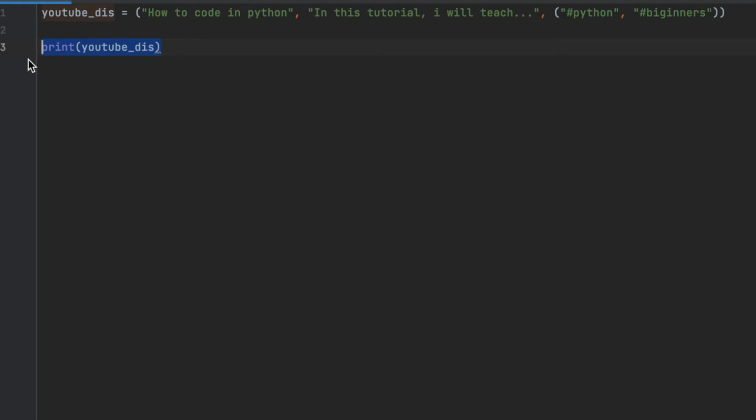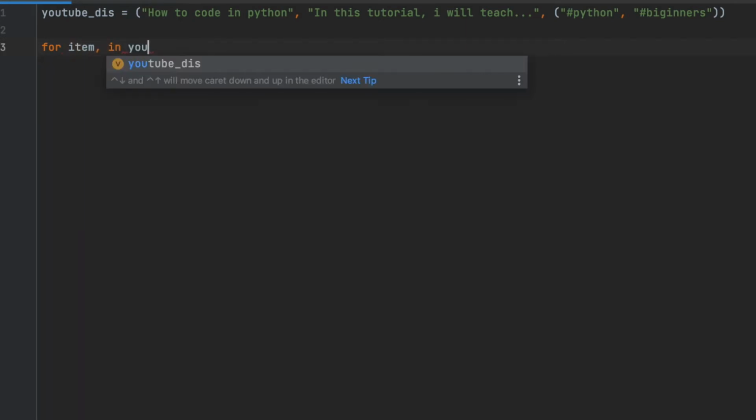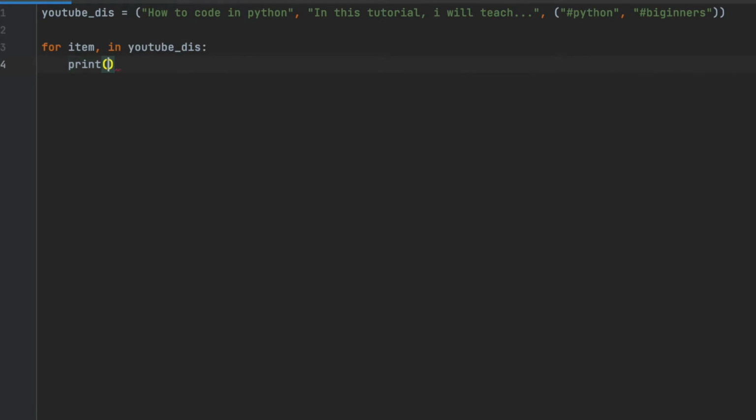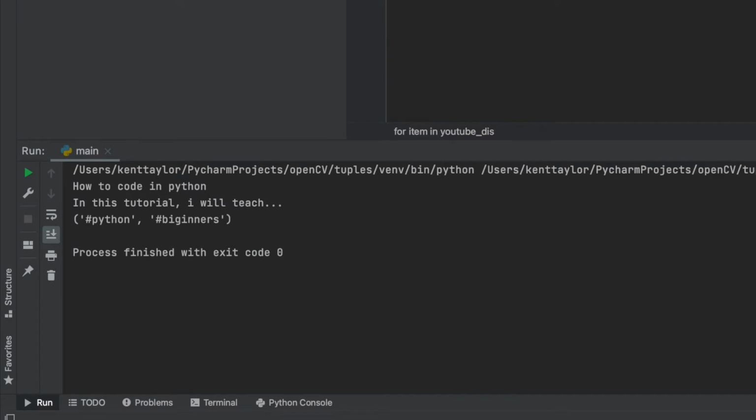Okay, so, well, what if I want to print some of this data out? Well, we can simply use it as if we're using a list. If you can remember how to loop through a list or how to query a list, it's going to be a lot like that. Okay, so if I wanted to do a for loop, you do for item in YouTube description, print that item. That's how we would do it in a list. And I put in this comma by accident, so make sure you take that out. Okay, and now if I look down here, you can see it printed each item.